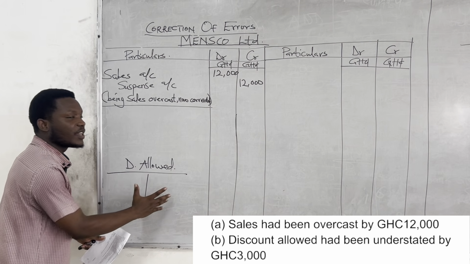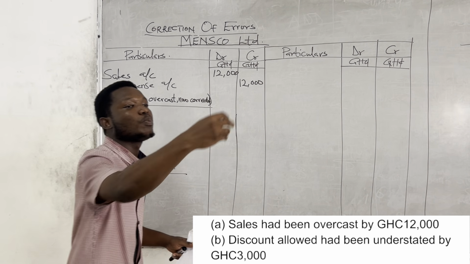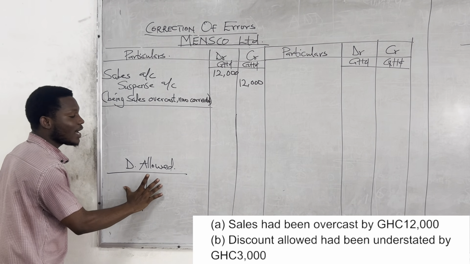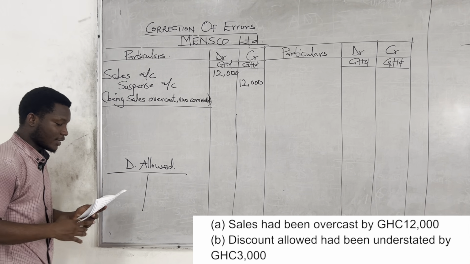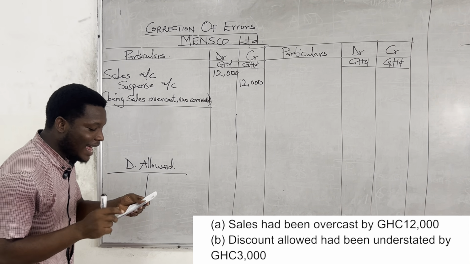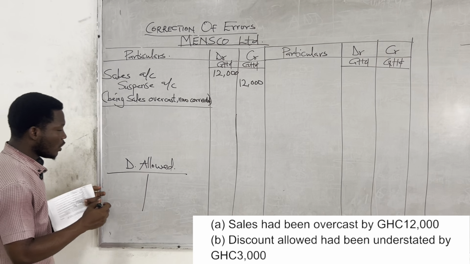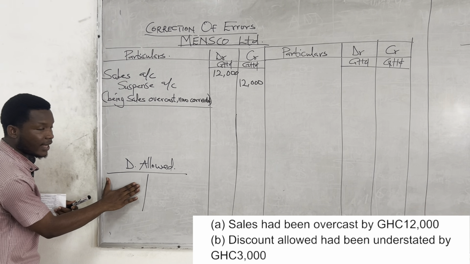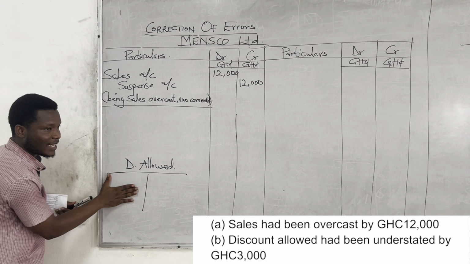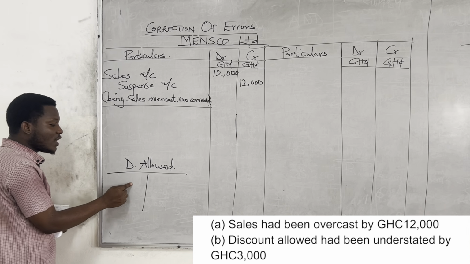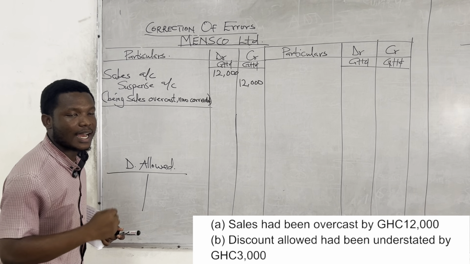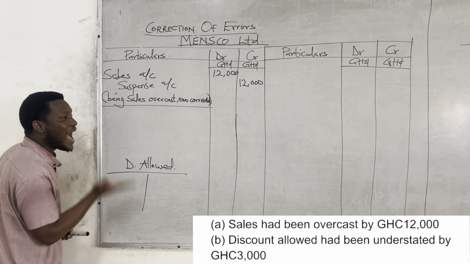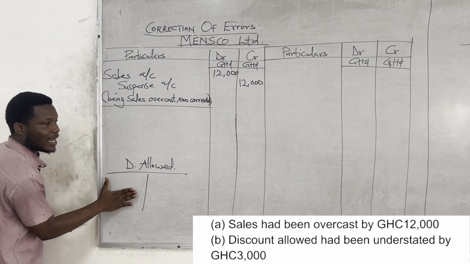Real life, like I'm giving someone a discount, it means I'm going to pay the person. No, discount allowed always has a debit balance. So this one has been undercast by 3,000. The debit balance that we wrote here, we have reduced the figure by 3,000 Ghana cedis. So it means we have to add the 3,000 to the discount allowed, which is